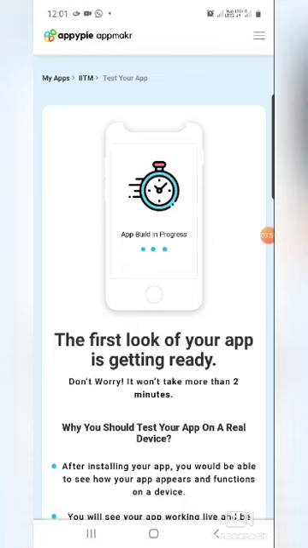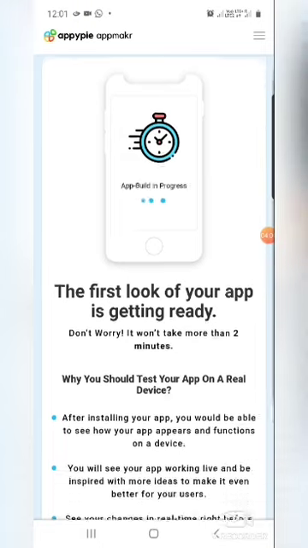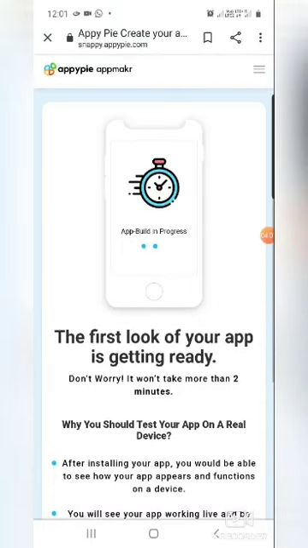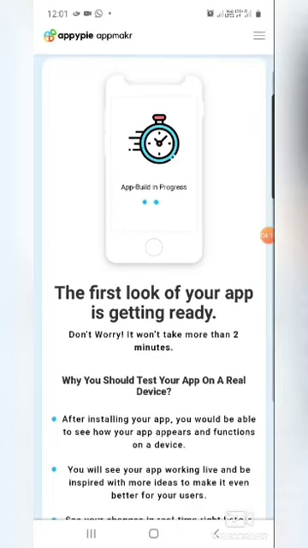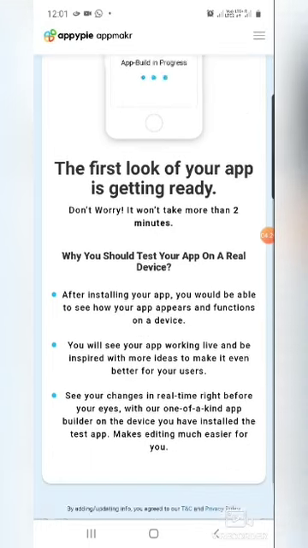This is a one-time fee, and you can publish n number of applications on the Play Store. If you are doing it with coding, there is no fee to publish on the Play Store. But if you are doing it without coding, you have to pay 999 rupees one time, and this is a lifetime fee.